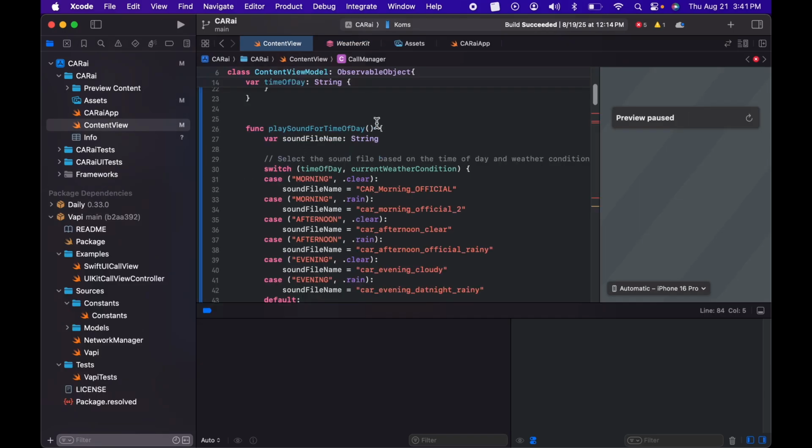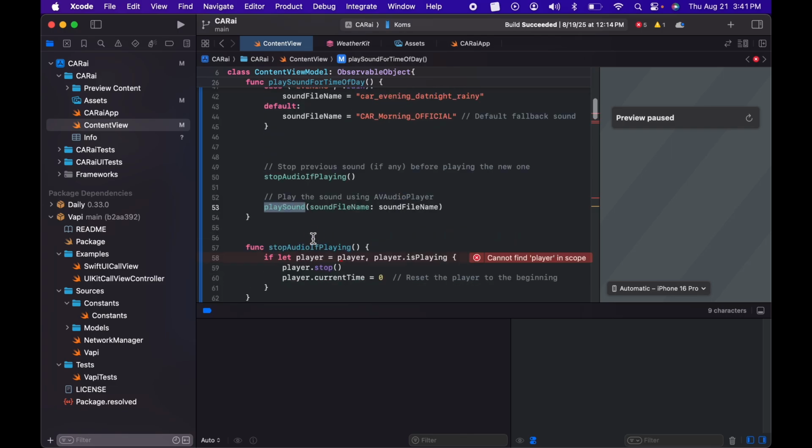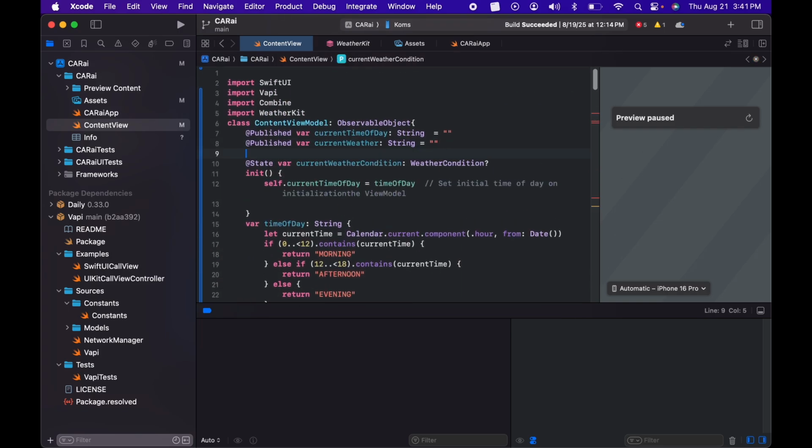The play sound for time of day function, we're going to add another function called stop audio if playing and play sound. So in order to make these two work, I've copy and pasted from the other project. This function is stop audio if playing. If let player is equal to player and player dot is playing, then stop it, and it resets back to timestamp 0. Now player is going to be another state variable here, so go up here and state our player,